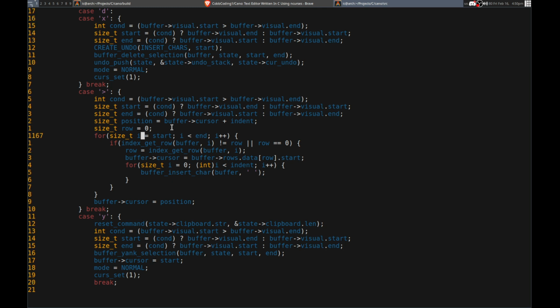If we iterate over the rows, right? Let's actually start with row. Let's get row buffer start. Right, so we start with the current row. What is less than buffer rows 10? We'll iterate over it, and then we get